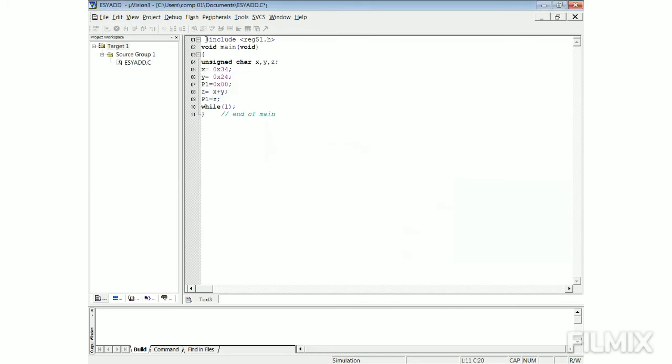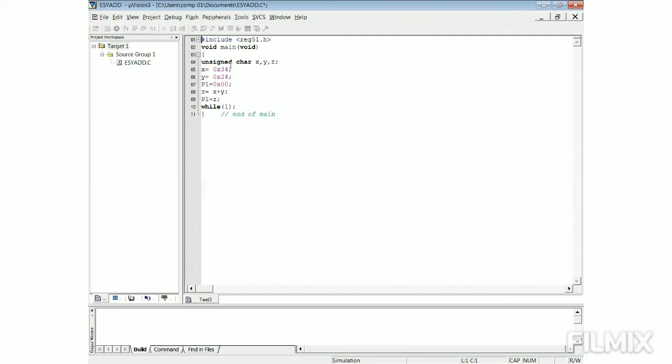This is the program for performing addition operation. In this program, we have used #include reg51.h. For initialization purpose, we use here #include reg51.h. Void main void. Next, we have used open curly bracket.